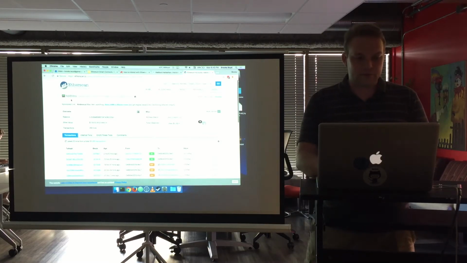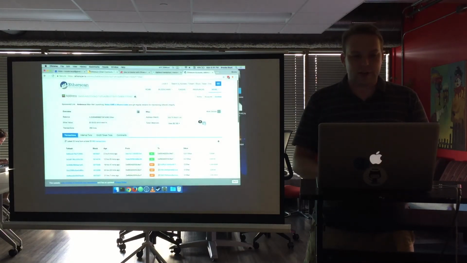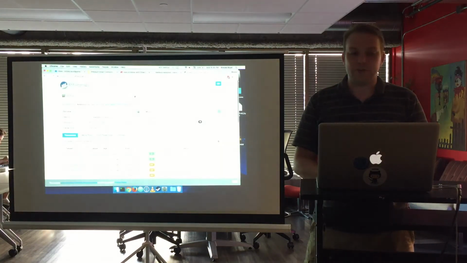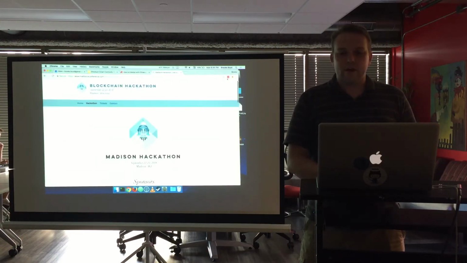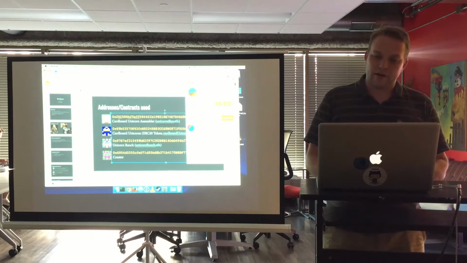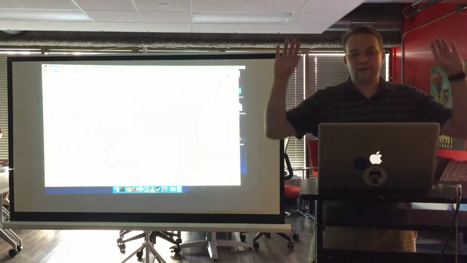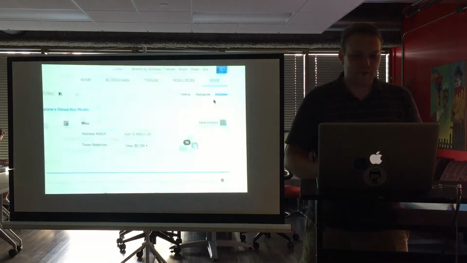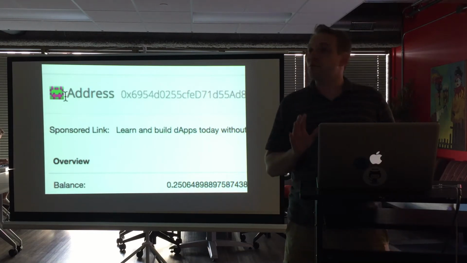And this one, as you can see from the blocky up here, has that green and purple horns looking one, which I'm claiming is me, the creator here, 6954DO. Now one way that I can prove that that's me is because it happens to be my MetaMask account. So if I pop up to my MetaMask browser extension, it has a link to view my account on Etherscan. If I click that, hands off keyboard, it should arrive at that exact same page. Yep. So here's that same one, and that is that same identicon there. Hopefully some at least light proof that I am the one who actually created that.